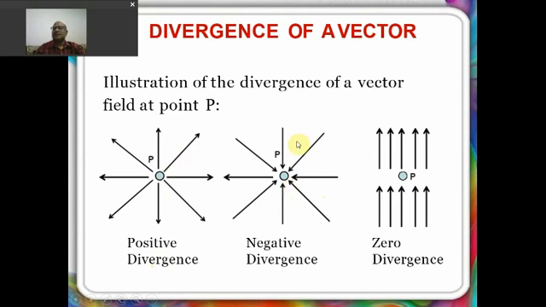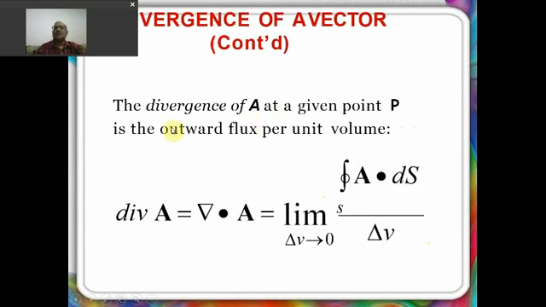If the net flux is into a point, then negative divergence. And if the total flux coming in is equal to the flux going out, then it will be zero divergence, right? So divergence can be written as the outward flux per unit volume